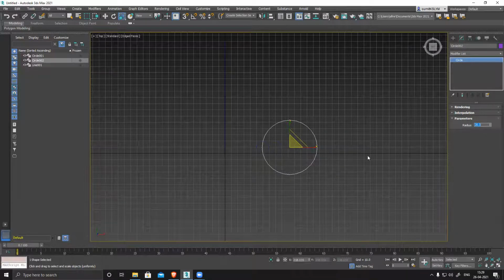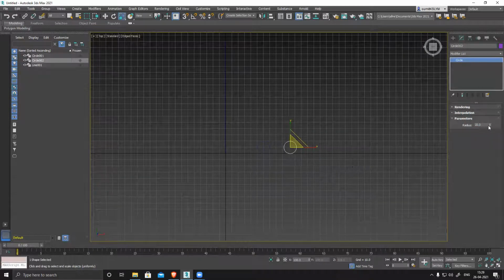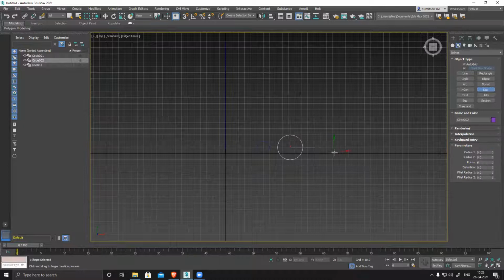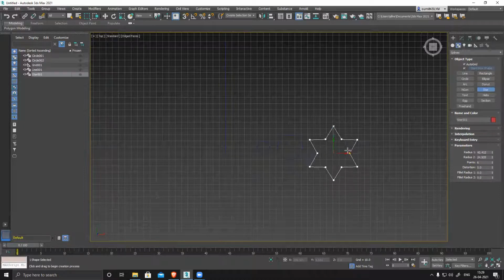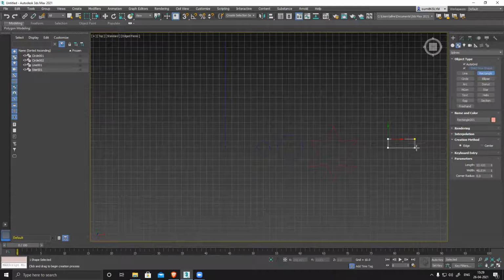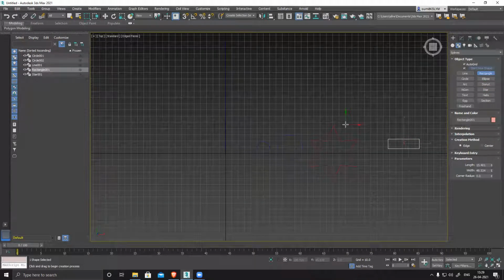So you have to manually change the radius of the shape. Then let's see a star, and then let me create a rectangle. I'm just creating something.